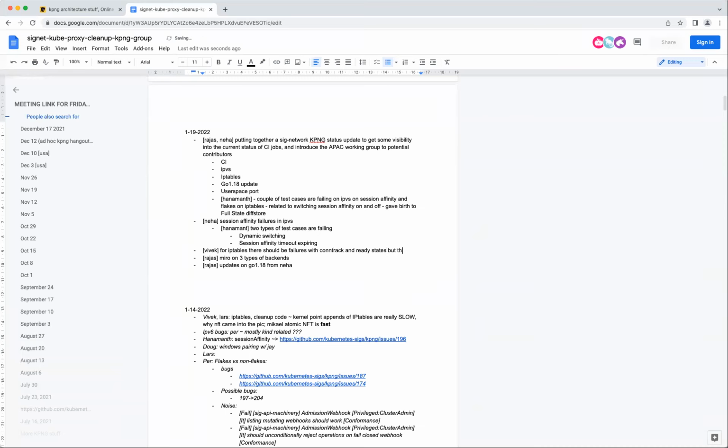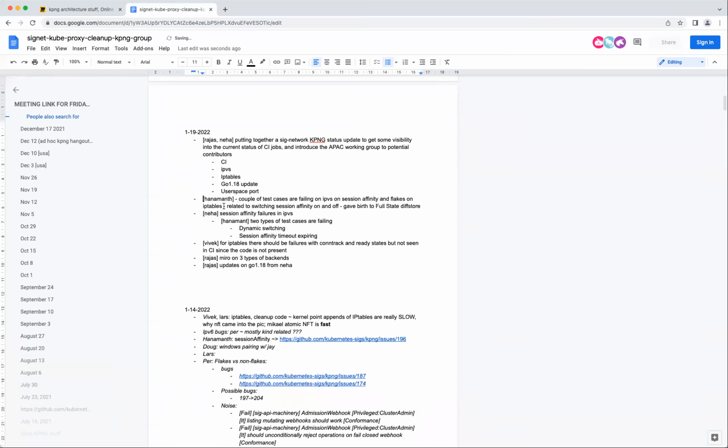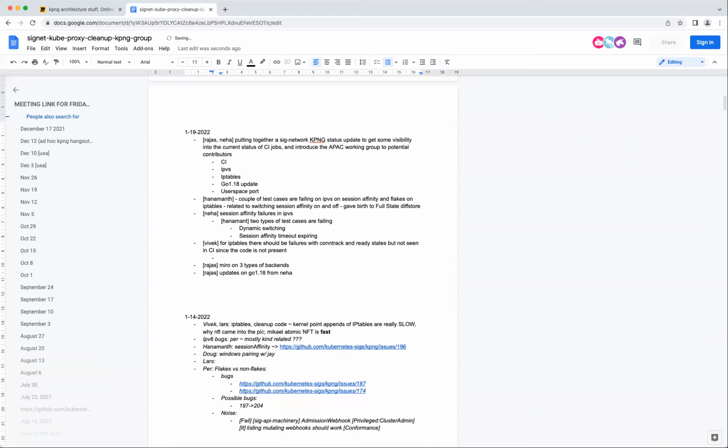Have you tried running this test locally also? I will try that maybe. But no, the code itself is not there. So even if there is a test case, it should fail. There is no doubt about that. Okay. Vivek, do you remember roughly how many test cases are there in conntrack? Whether they have good coverage? I mean, even though code is not there, they are passing. Means it's a mystery, right? Yeah, at least when I saw last, I had seen a few failing. But Neha is saying now it seems it's not failing, but I don't know why. Yeah, but ready state there wasn't even a single one that I could see.